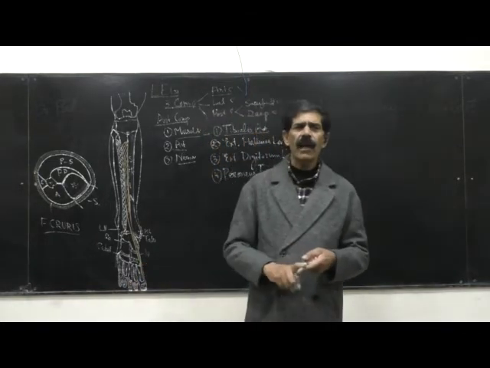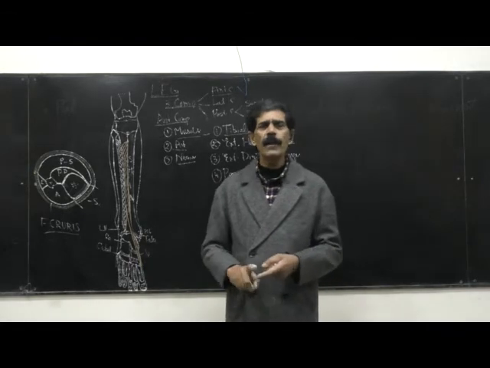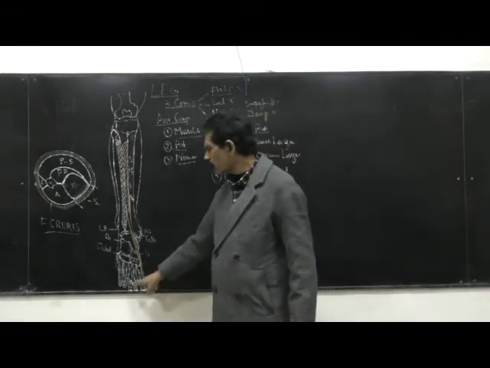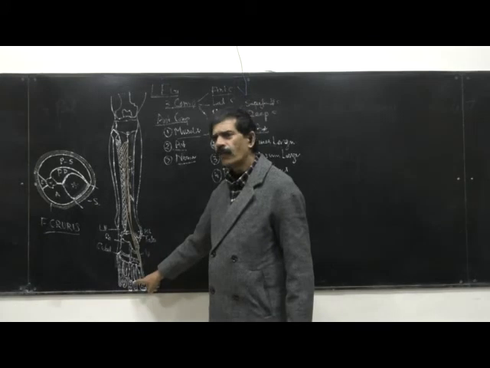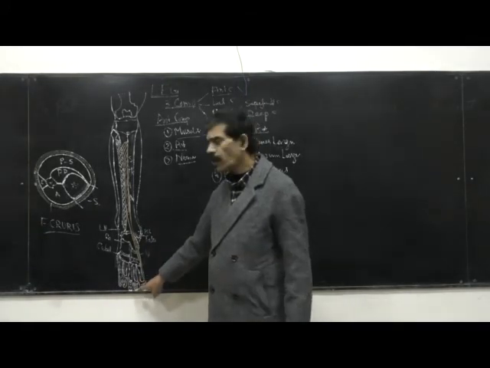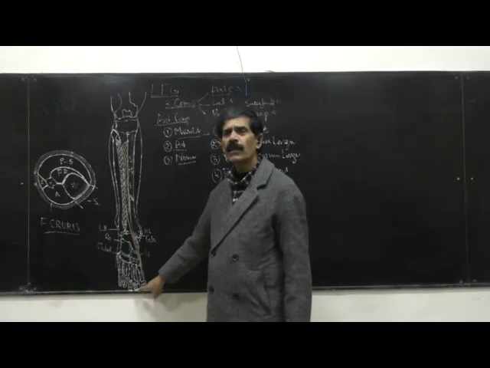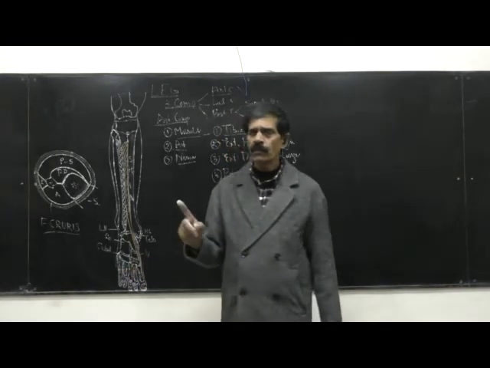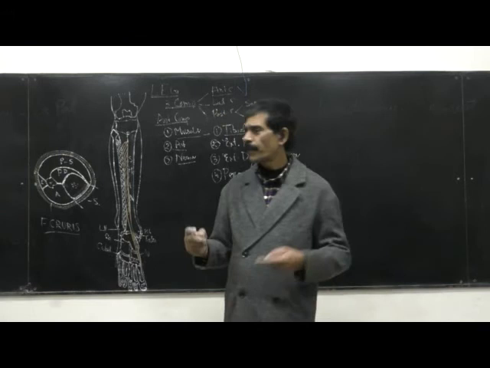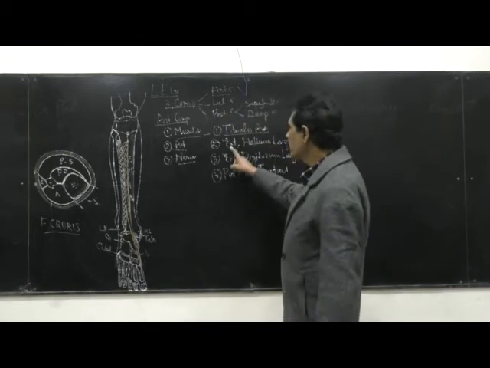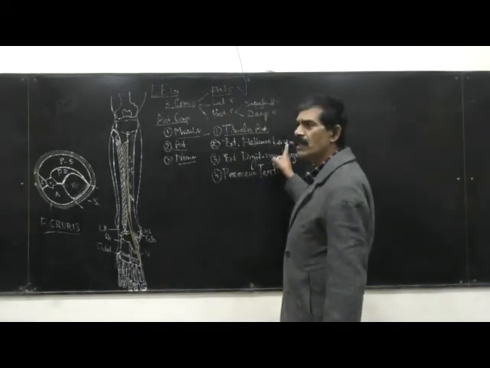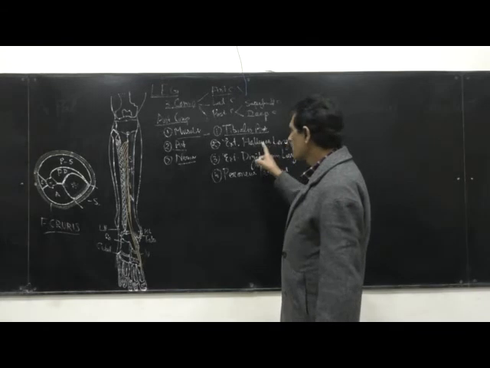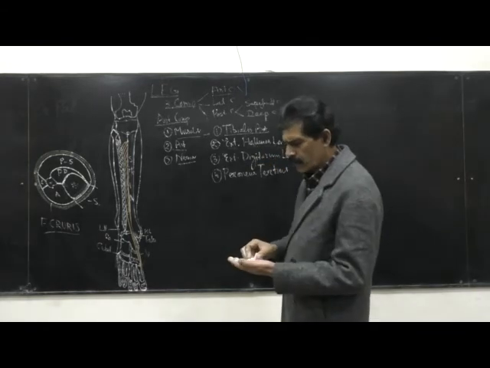So this is the rule. Any muscle having the word longus means it is long, and it will not be inserted on the proximal phalanx. It won't be inserted on the middle phalanx because it is longus. So it will go into the last or the terminal or the distal phalanx. This is the rule, both in the upper as well as the lower limb, that you have to remember. So many things are told by the name of the muscle. So extensor hallucis longus. Now we do its origin.